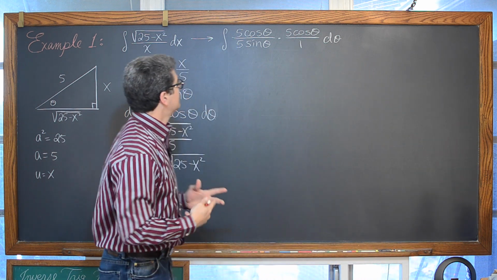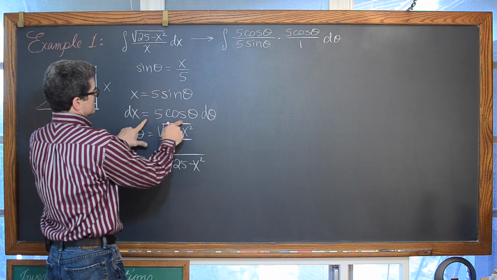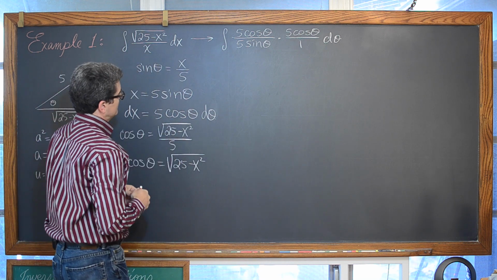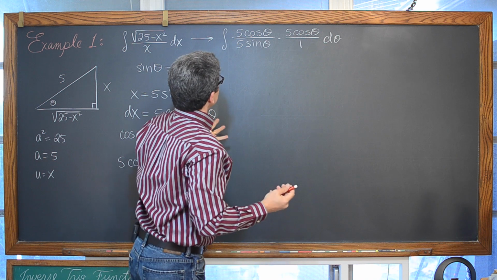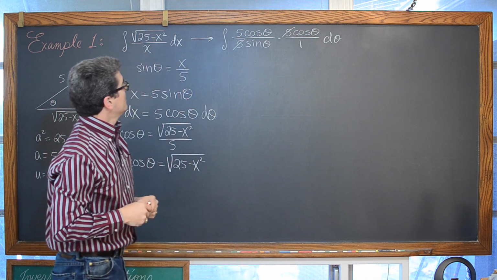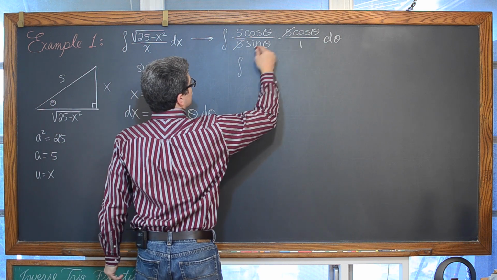Notice too that since I've already got fractions written in my integrand, I'm going to write 5 cosine of theta over 1 to make sure my numerators and denominators line up. My 5's are going to cancel out, and we get the indefinite integral of 5